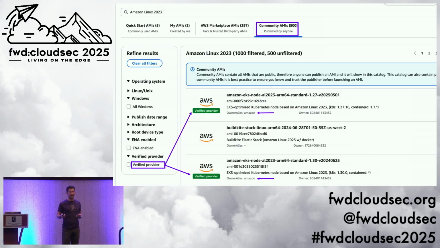So what tools do we have to use caution? Well, there's this verified provider stamp here that's green, and the way that works is you see the arrows, that's pointing to owner alias. That's an attribute that comes back when you do a describe images call, and if the owner alias is Amazon, on the console, they put verified provider. And what this means is this happens at the account level. So when an AMI is verified, the account serving the AMI is verified. And according to my research, that's about 200, 250 accounts.